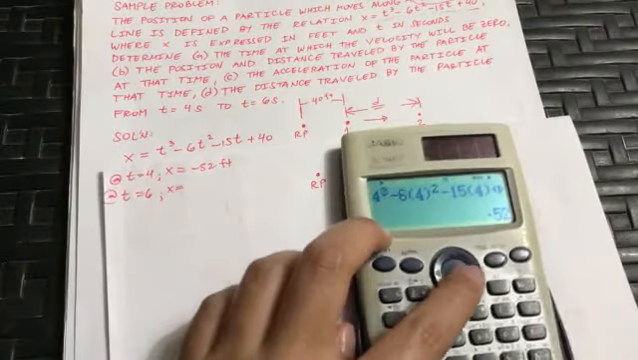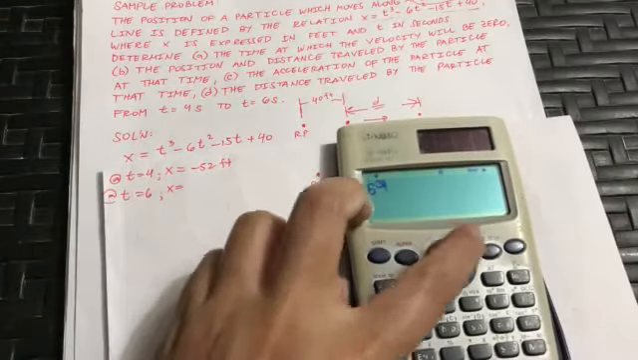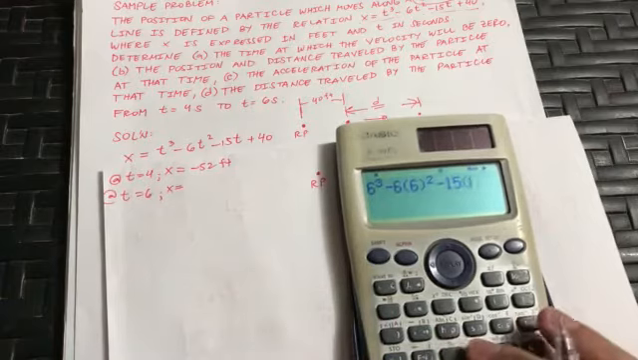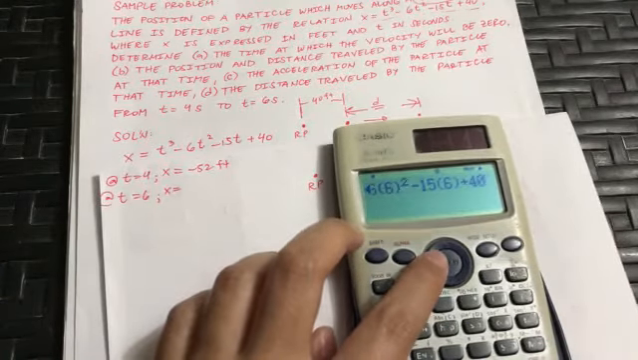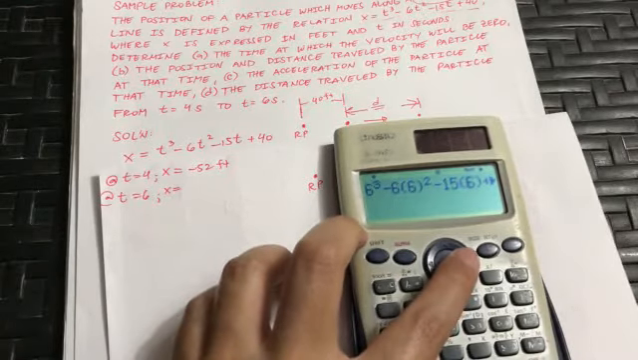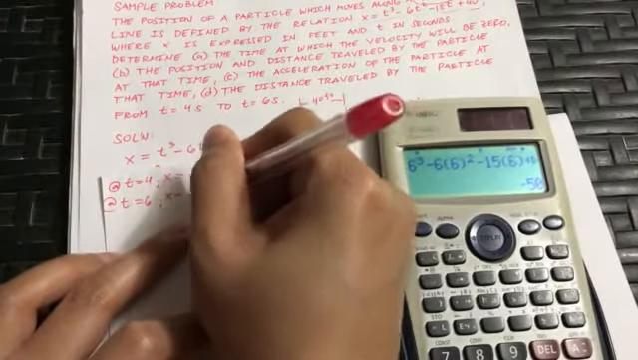We also have time 6 seconds. 6 cubed minus 6 times 6 squared minus 15 times 6 plus 40. Checking, 6 cubed, 6 squared, 15 times 6, 40. So I have here negative 50 feet. Okay, so